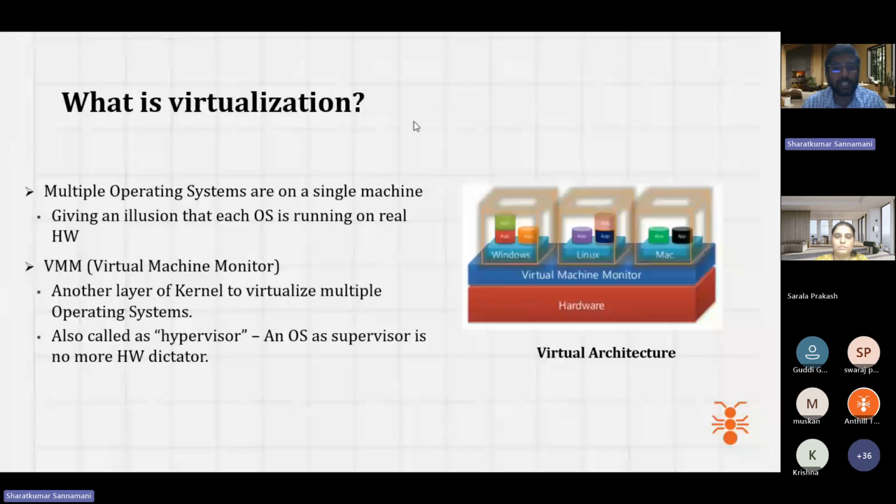So what happens in an organization is that people distribute the workload over different operating systems like Windows, Linux, and Mac OS, right? So they don't depend on a single operating system. But in some cases, whoever relies on a single operating system tends to get these kinds of issues over a period of time. That's why they use the virtualization technique, and they create multiple servers and install different operating systems.